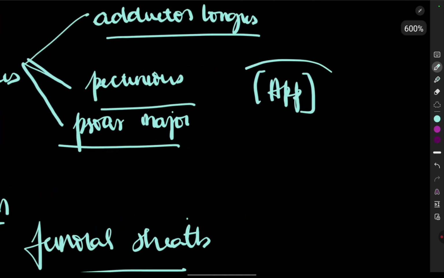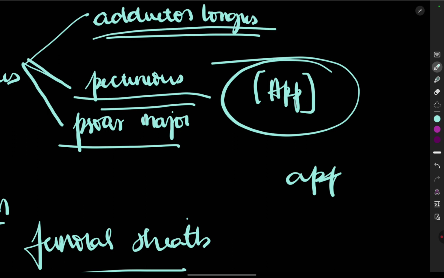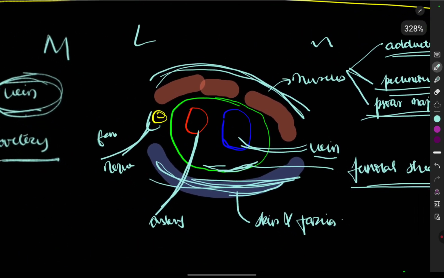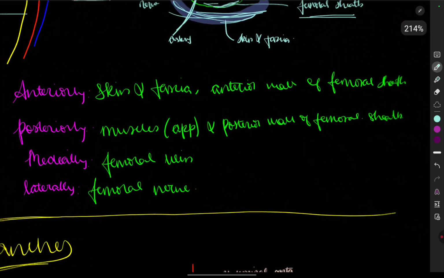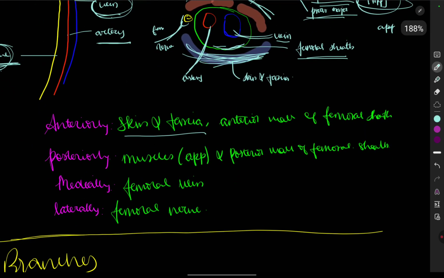How do you remember this? Remember "app". We use applications and app, right? So A for adductor longus, P for pectineus and P for psoas major. So this gets easier to know the things. Okay, see, anteriorly by the skin and superficial fascia, we saw here skin and the superficial fascia, and anterior